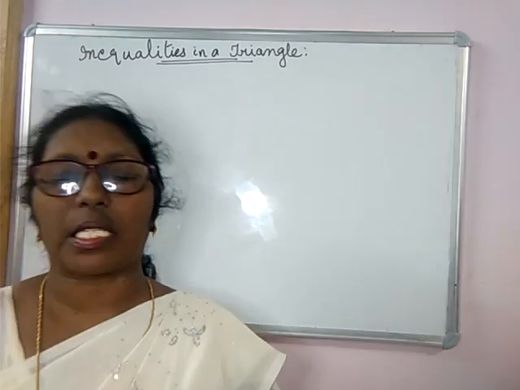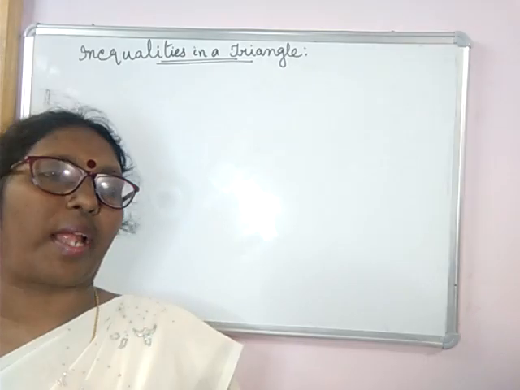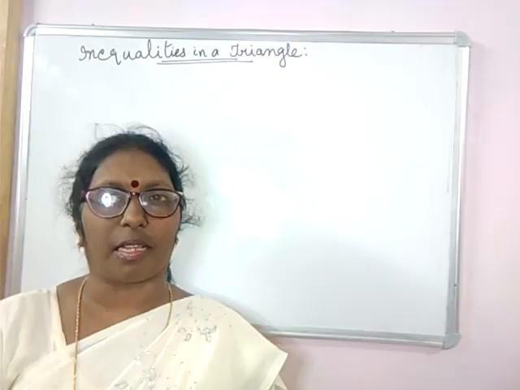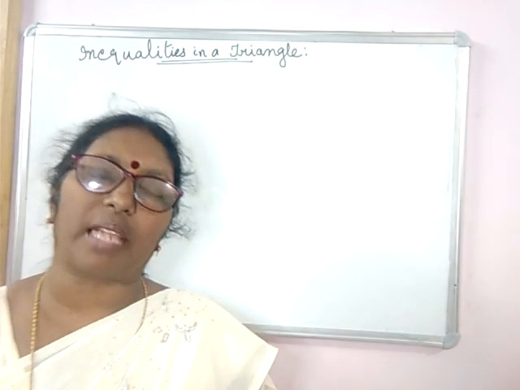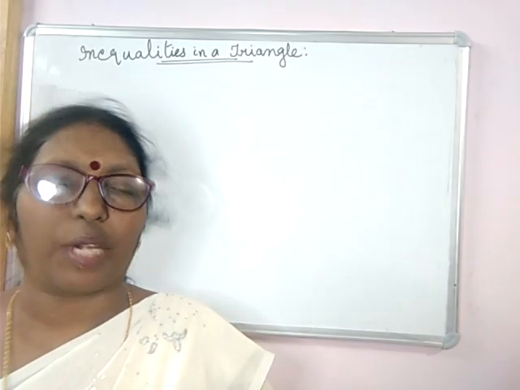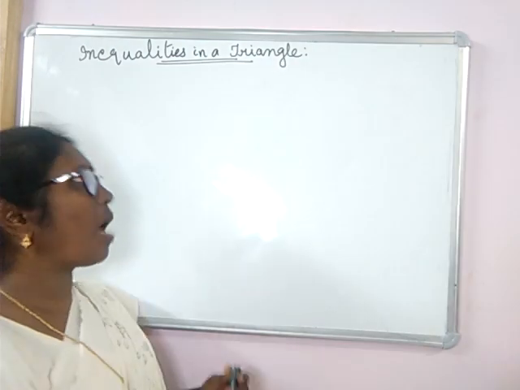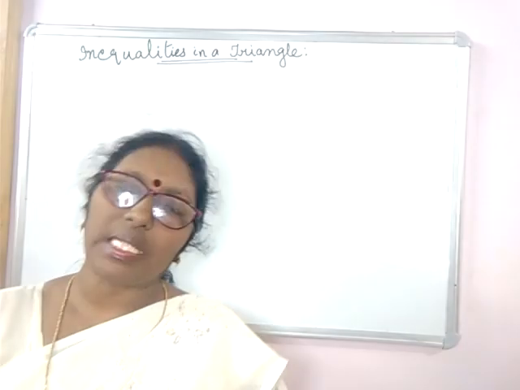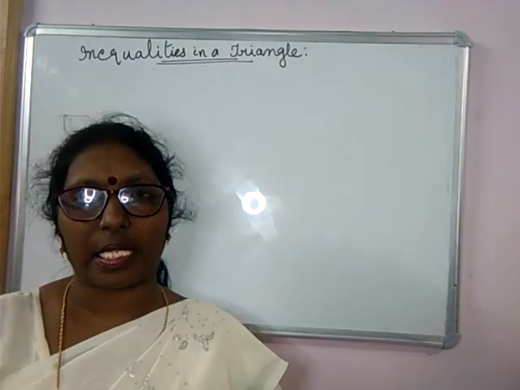In the previous class you have learned about isosceles triangle. If two sides of a triangle are equal, their opposite angles are equal. If two angles of a triangle are equal, their opposite sides are equal. You have learned that. And now in this class, you are going to learn that if one side of a triangle is greater than the other side,